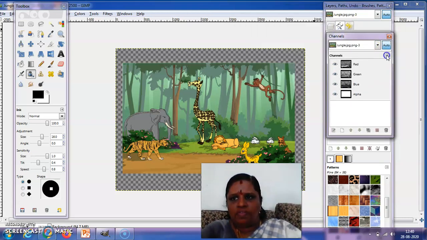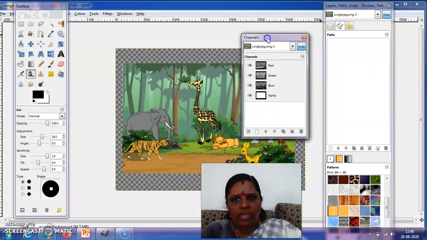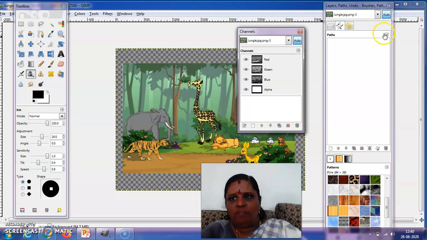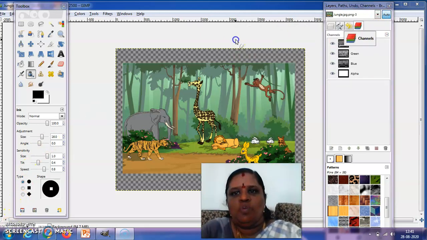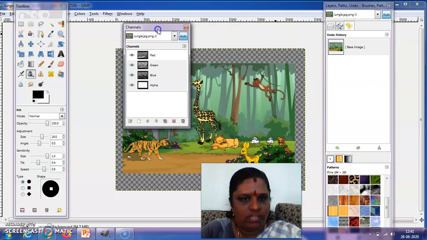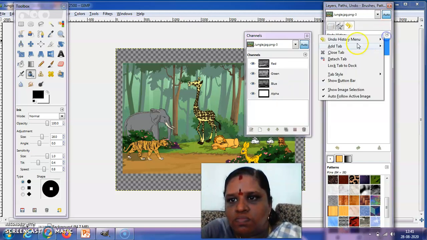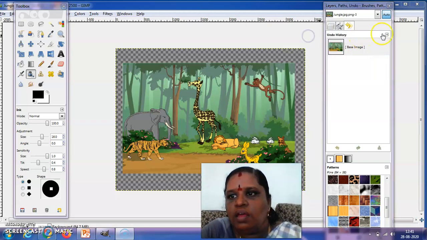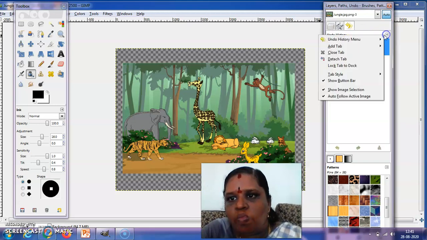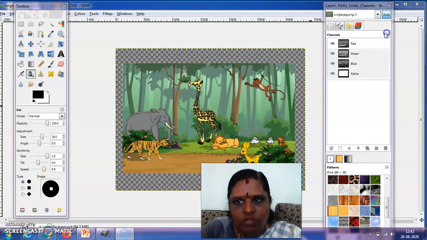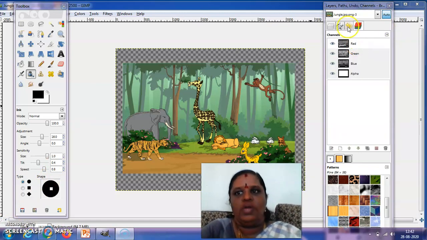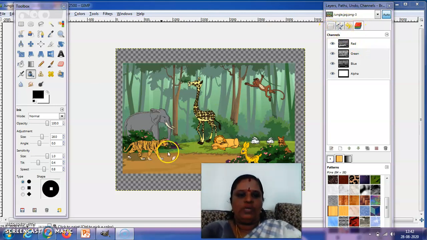This is the moving window called the dialogue, and here we can make each one a separate dialogue, and we can also add a dialogue by using Add Tab here. See? Add tab, once again add tab, add tab. By using this Add Tab you can add also. Okay, so these are all called a dock, and this one is called a dialogue.